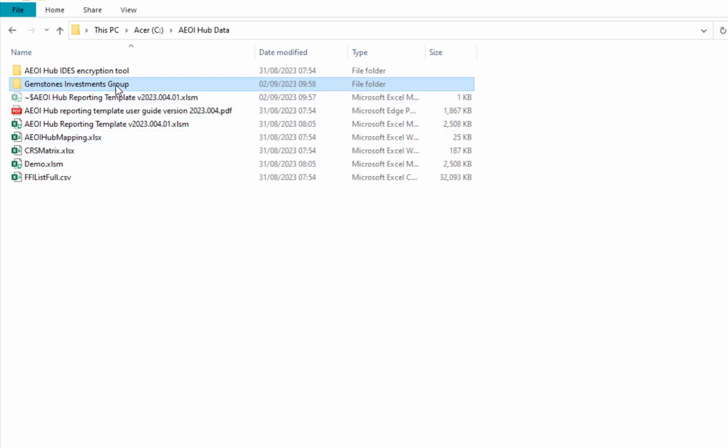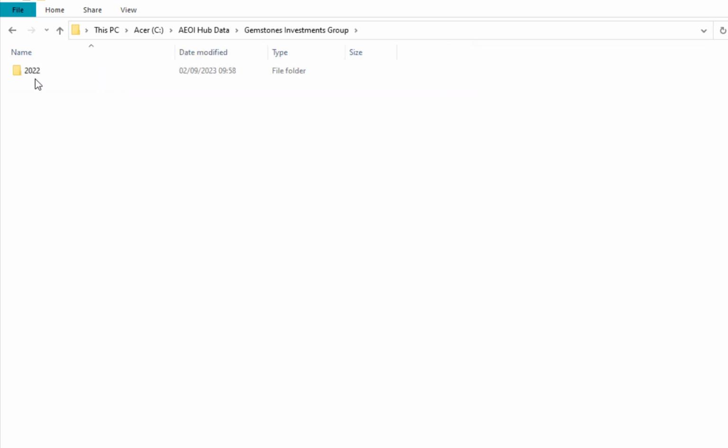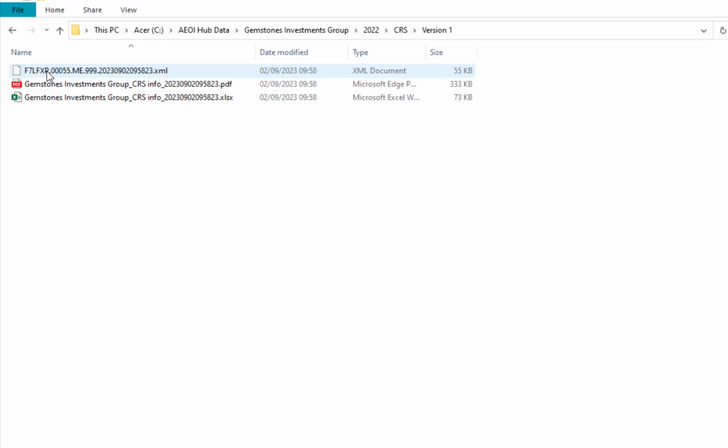config sheet. Within that folder, there is a folder for the year, and then folders for CRS and FATCA, a folder within that for each version that's been created from the template, and then finally in that subfolder we have the XML file ready for submission and the management report in PDF and Excel format.